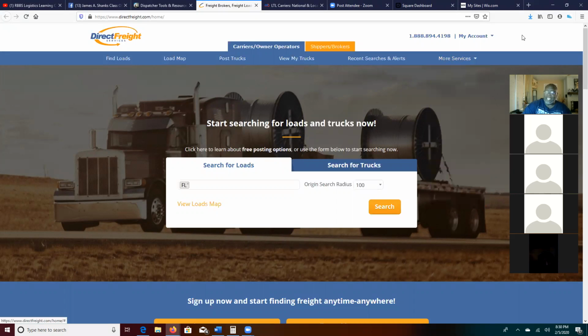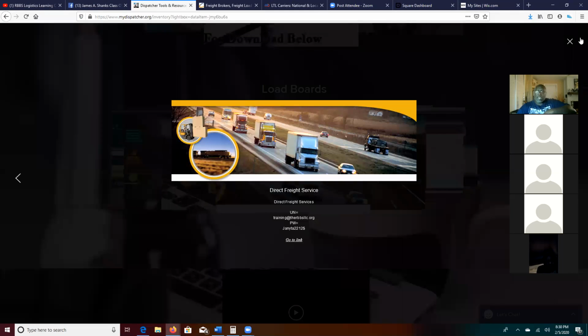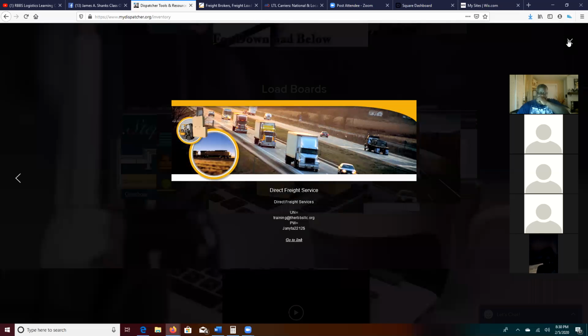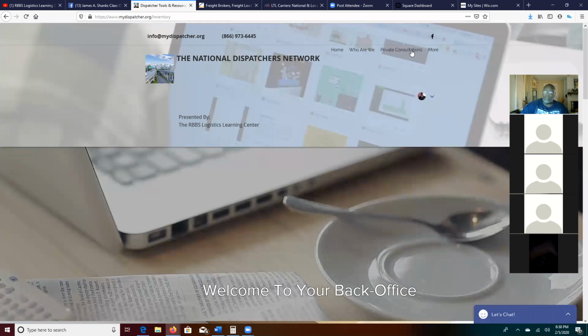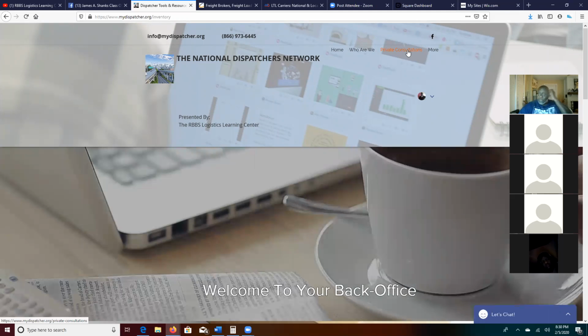So he sees up here that he's not logged in. Then he says, well, do I have to pay for this stuff? I'm saying, no, you don't have to pay for it. What you need to do is go back and slow down. Because he was not only running on that, but he was also running on this area here too. So you're here. He said that he couldn't get into the private consultation booking site, right? So when you click on that, it takes you over to the private consultation.